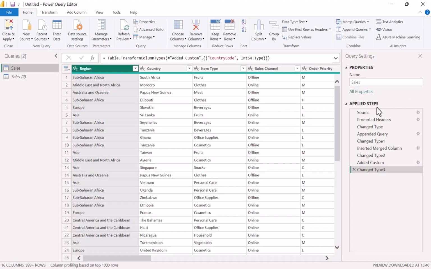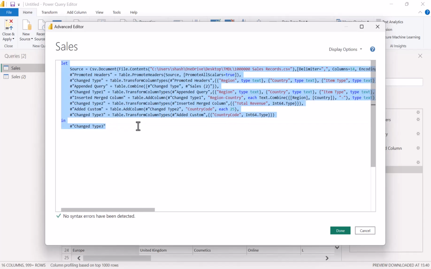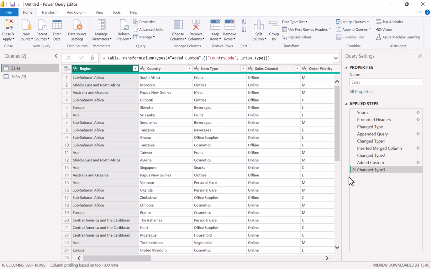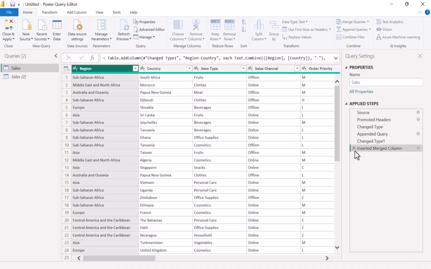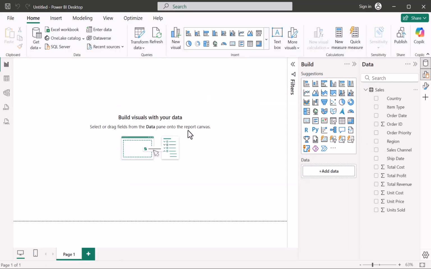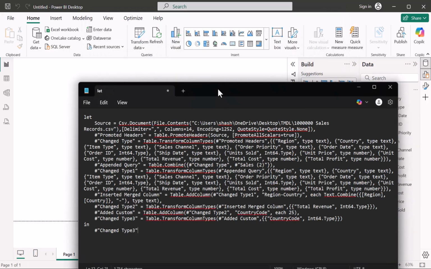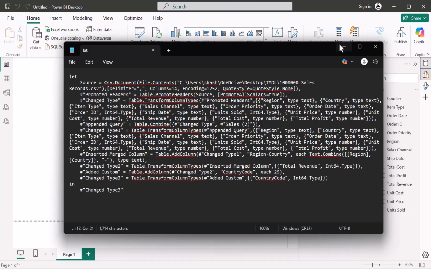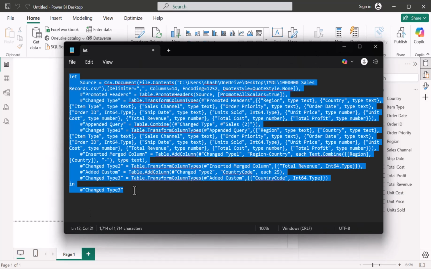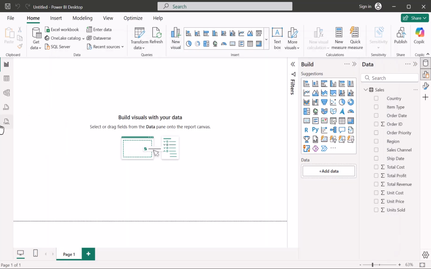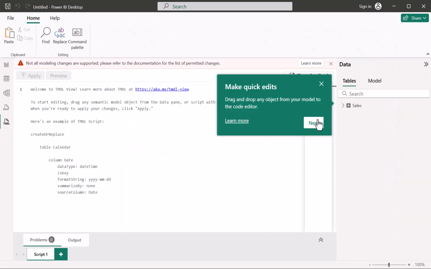You apply whatever transformation you want to apply over here in Power Query, then go to the advanced editor, copy the whole code, and just remove the transformations you have applied. So I'm removing each and every transformation I have applied. We have the advanced editor code, right? This is the code we want. So temporarily save that code somewhere in Notepad. Then just go to TMDL View,